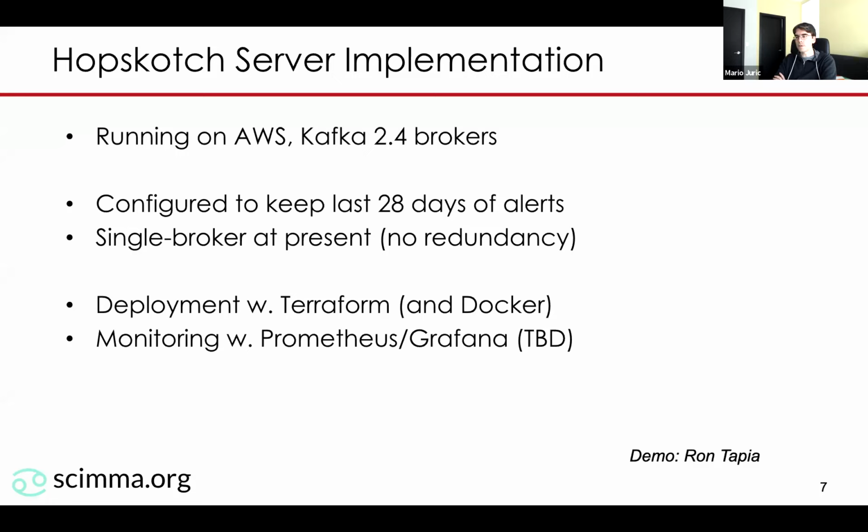What that means is, right now we are sourcing alerts from GCN in this prototype phase. And this means that if your client gets disconnected for up to 28 days, which is quite a high number, typical disconnects due to, say, network issues will be on the order of minutes, we presume, then no alerts are going to be lost. You'll be able to catch up with everything.